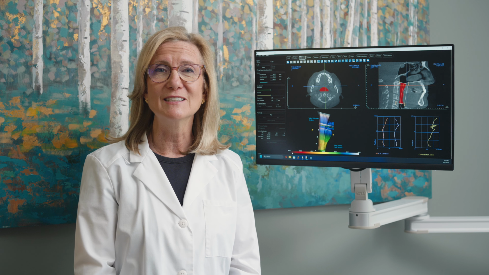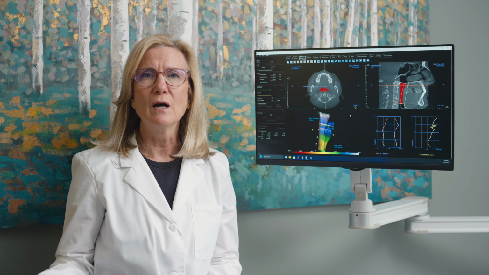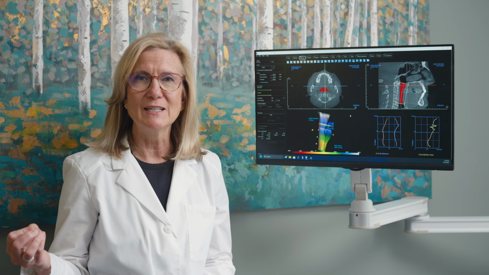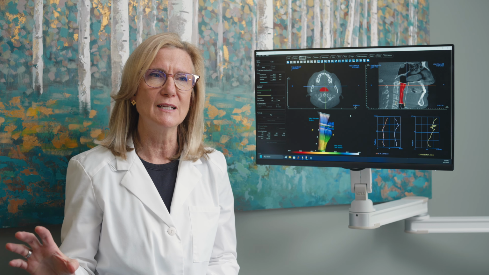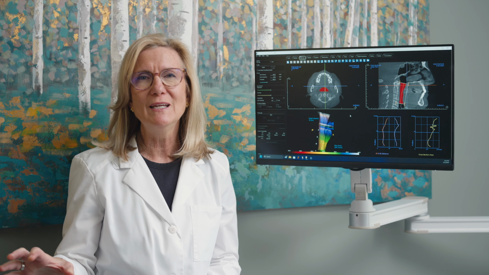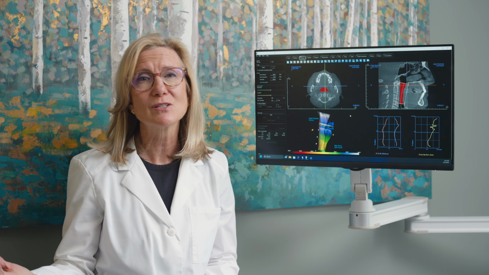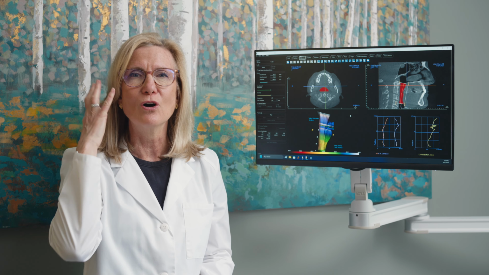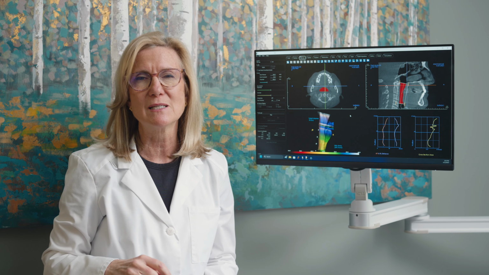Dr. Linda Park here. Today I'm going to show you the effect of tongue position on airway. So I've talked about tongue position and the importance of that to the airway and many other things, but I'm going to show you something that is quite fascinating. We now have at our office something called a CBCT. It's a 3D x-ray of basically the skull and the neck area. So I'm going to show you some things on that, but it's